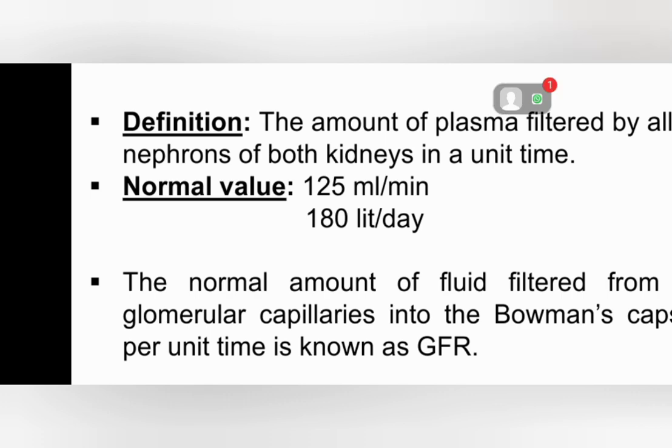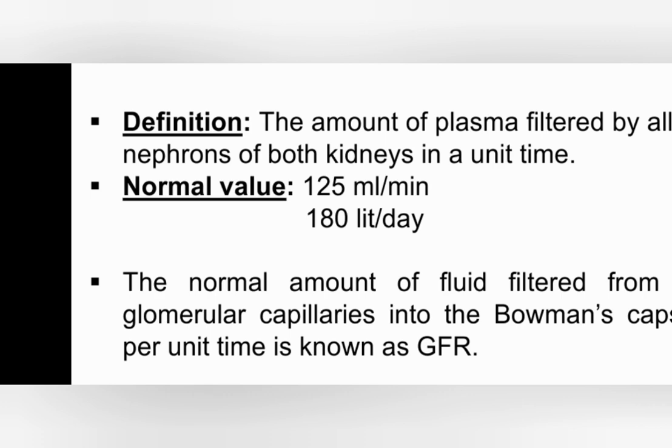But what is the amount of urine we excrete? That is not beyond 3 liter in a day. So 180 liter per day of glomerular filtrate is generated in all the nephrons of both kidneys. The amount of urine excreted is 2.5, 3 or 3.5 liter, not beyond that. So 180 liter per day is filtered, and 3 liter per day is excreted from the body. What about the rest, the 175 or 177 liter per day? This is the amount which is reabsorbed back into the body.